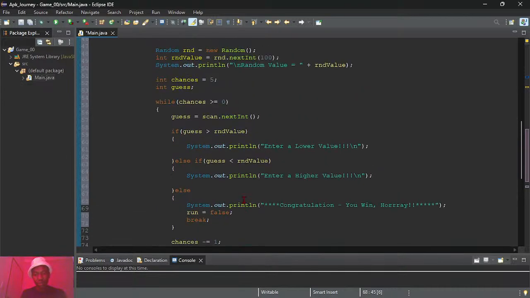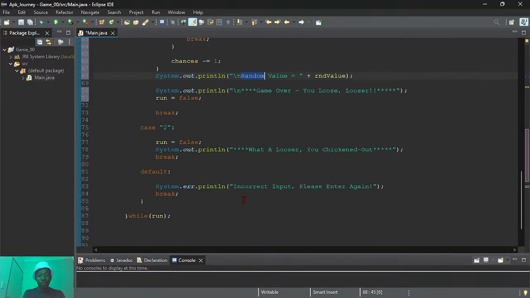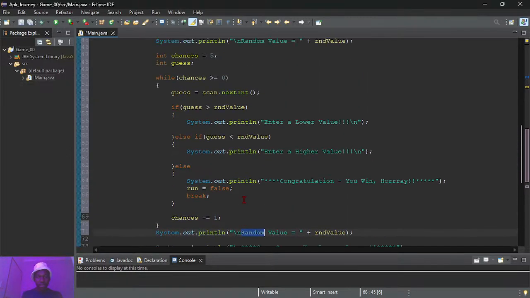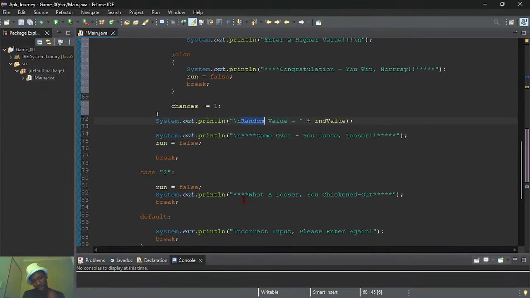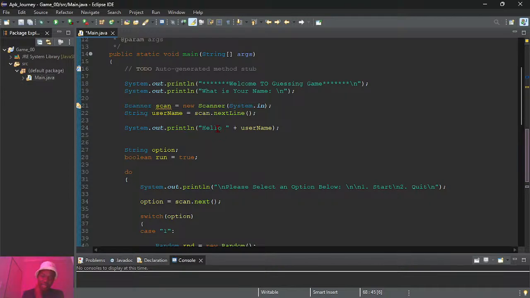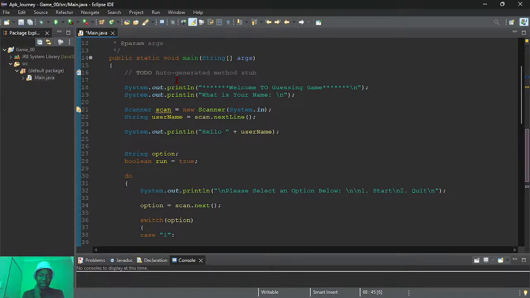Already covered those. So now the moment of truth is to run and see if this is working or not. But overall, to explain what's happening here, we are creating a game where a random number will be generated and the user will have to guess the number, and each time the user guesses, the program will tell whether the number is lower or higher than the generated one.